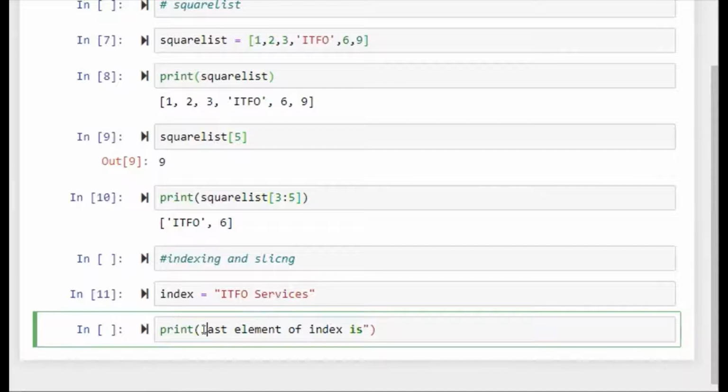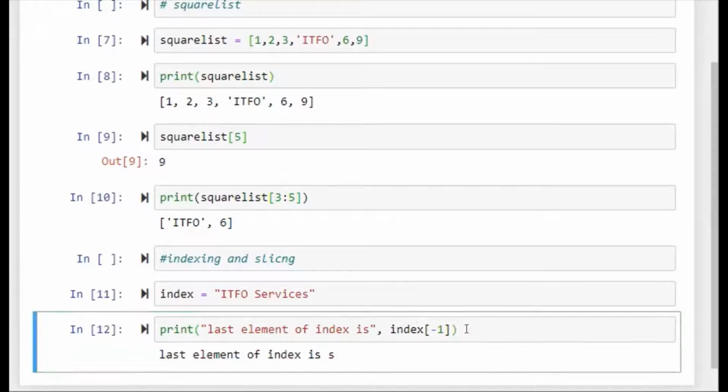We give the index last element command like index, and then we put the bracket with -1, because indexing is used for the reverse process too. So it shows the last element is S. Yes, it's right. The last element is S.